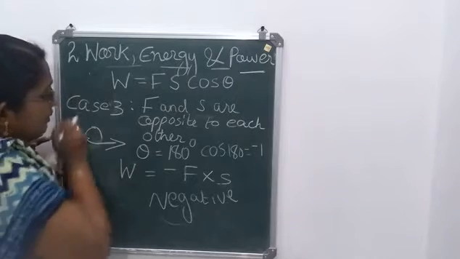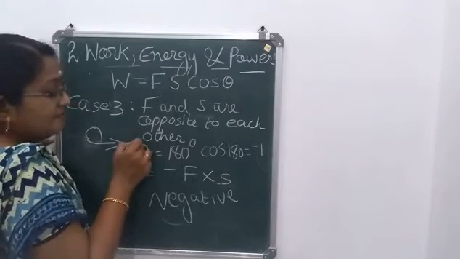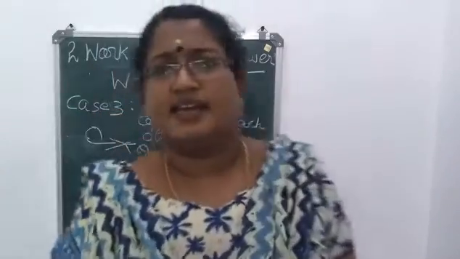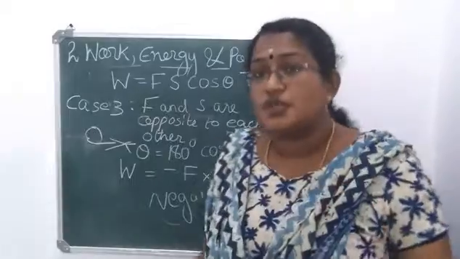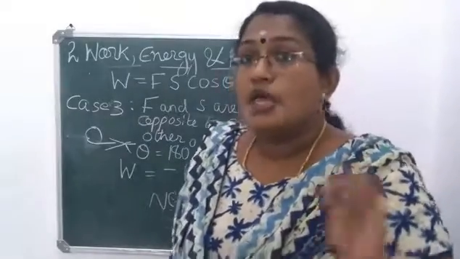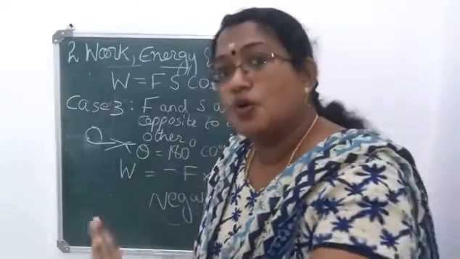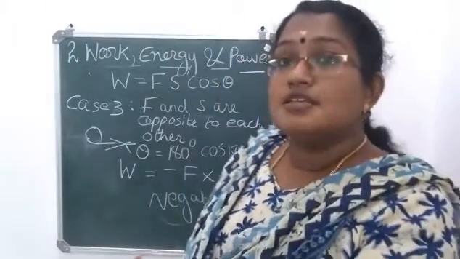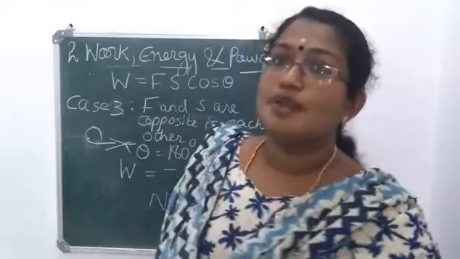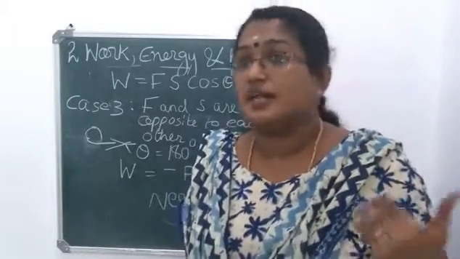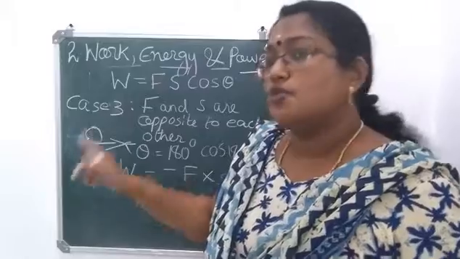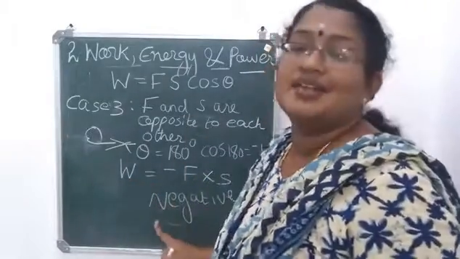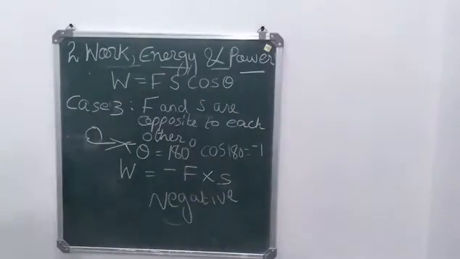Now consider the motion of a ball with respect to the frictional force. In which direction is the friction acting? Friction always acts opposite to the direction of motion of a body. So, if you are considering the motion of a body, either human beings or a ball or anything, if a body is moving in one direction, frictional force will be acting in the opposite direction, isn't it? So, when you are considering the motion of a body with respect to frictional force, then you can say that the work done is negative.